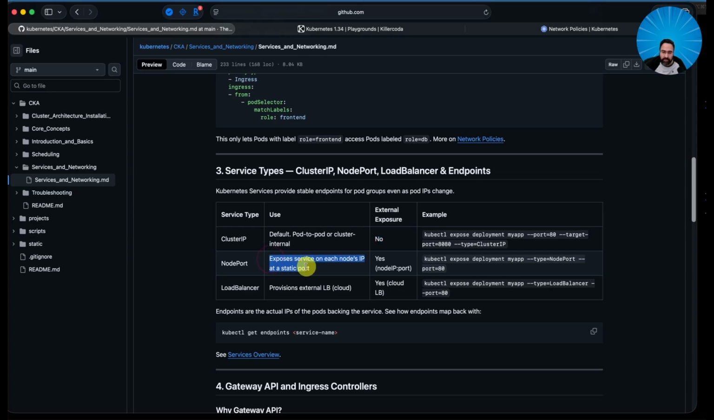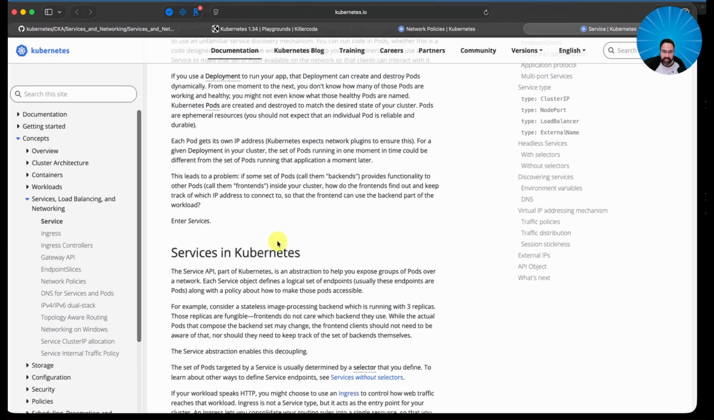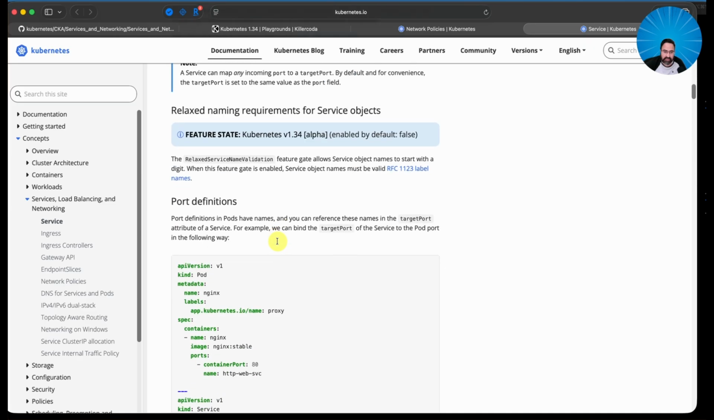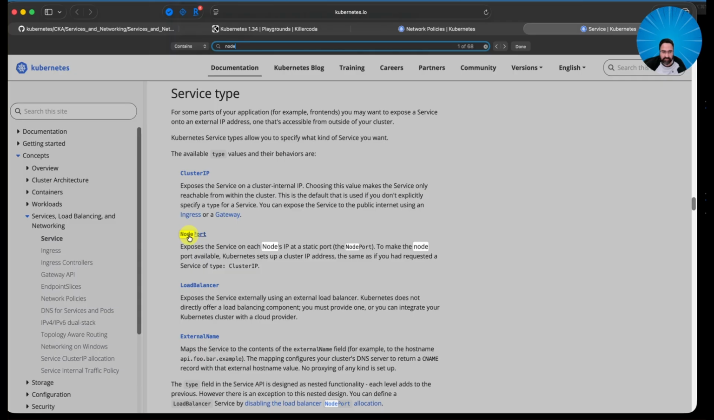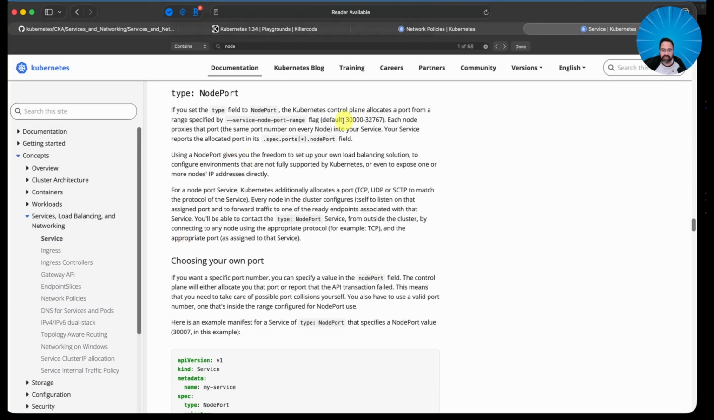Another type is node port. Node port is a special type of service that gets created when you use hyphen hyphen node port, right? So you can do it this way. It is gonna allocate a port within a given series. Hold on, let's see. Node port, and if you see here node port, you can see default range is 30,000 to